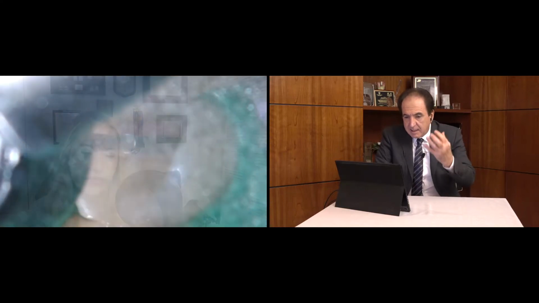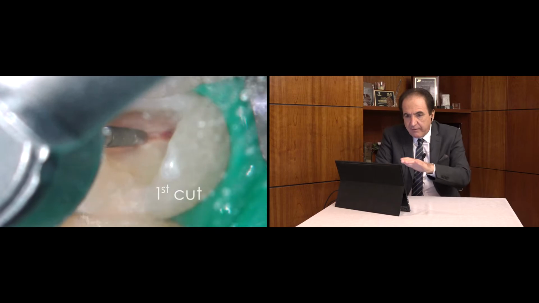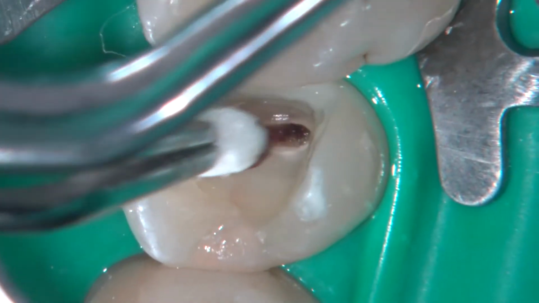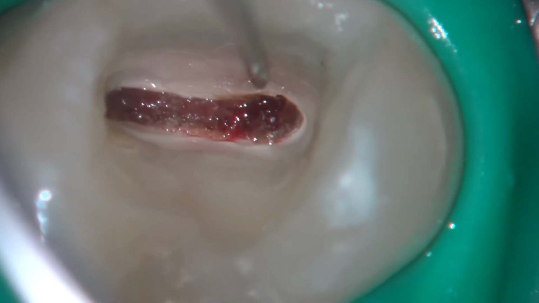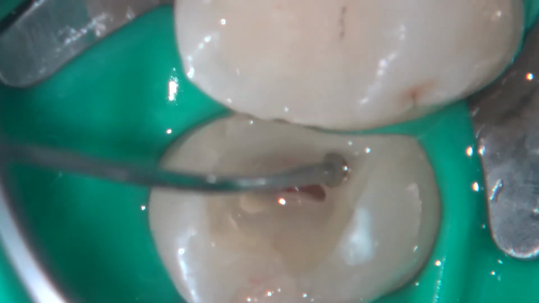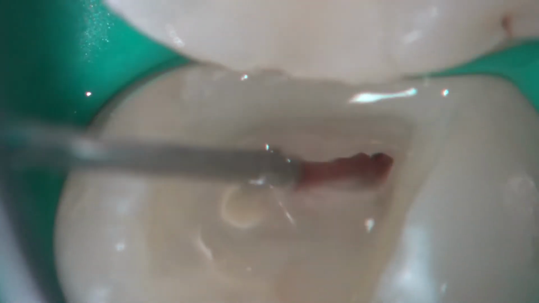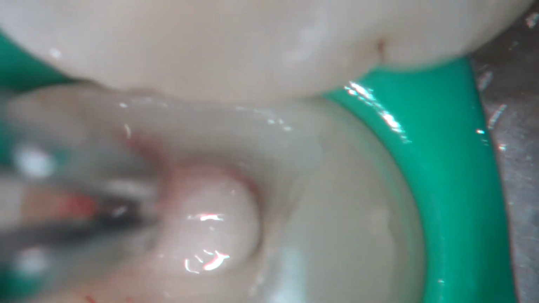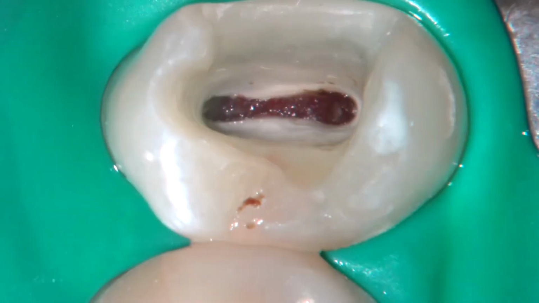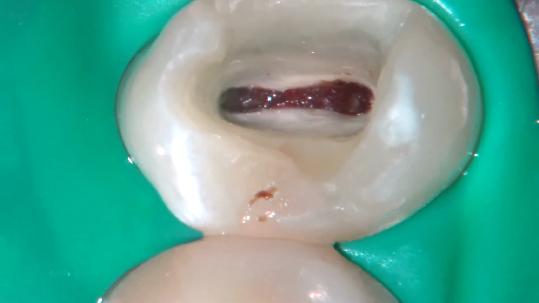So when you face this condition, you use a high-speed bur under water spray, under microscope, and you shave off layers of the pulp tissue together with some portion of the pulp chamber roof. So you access the pulp, it will bleed, okay, you wait. I recommend to use sodium hypochlorite for irrigation and wait. And try to obtain hemostasis. You can use a sterile cotton pellet, just the pressure. You wait a couple of minutes, then you remove the cotton pellet,